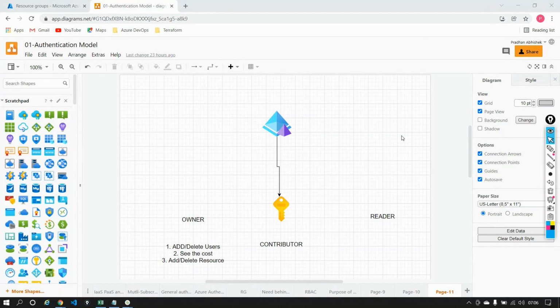Now you have decided to move to the cloud. The question is, what kind of service do you want to move into the cloud? The other way of asking the question is, what are the services the cloud offers? Isn't it? So what are the services that the cloud offers? Now it's just like buying a home.